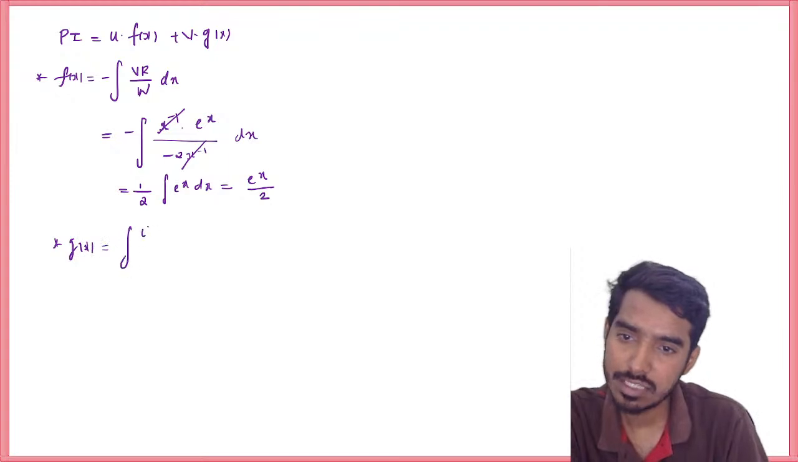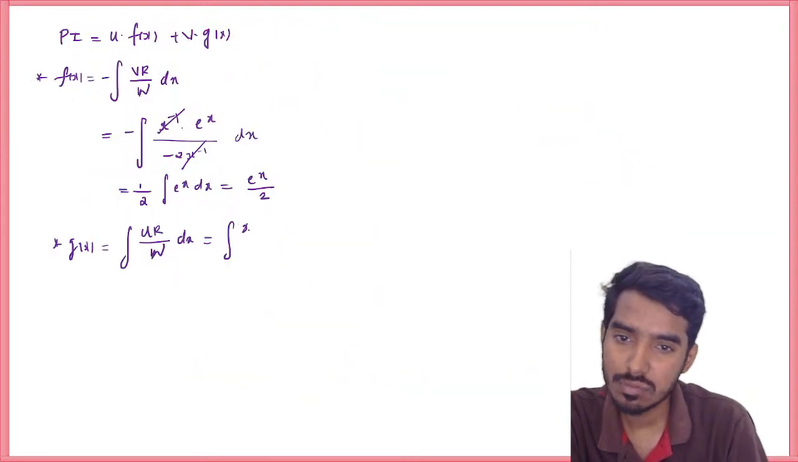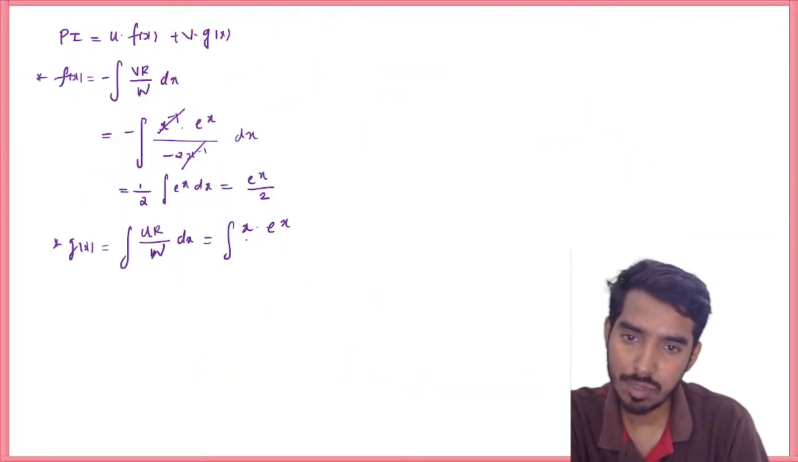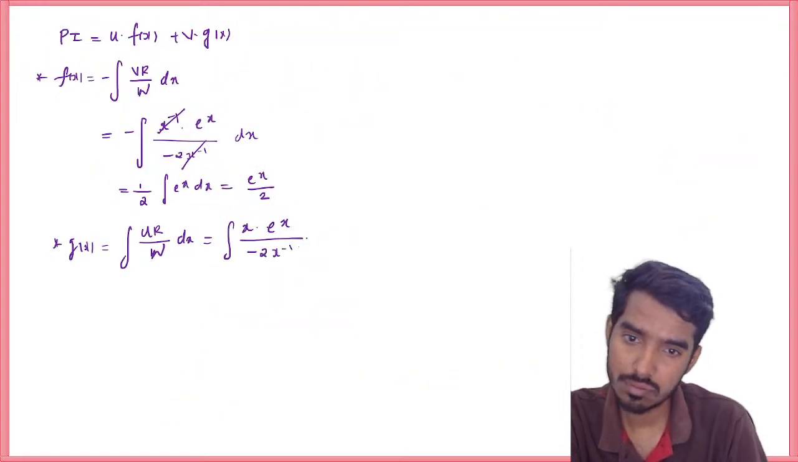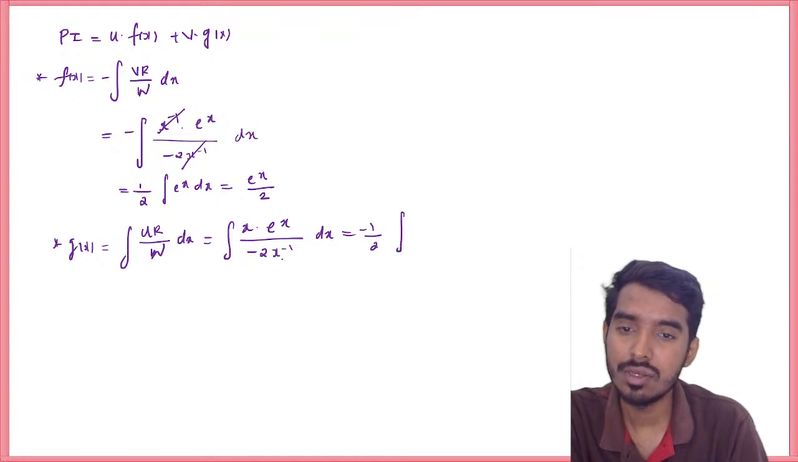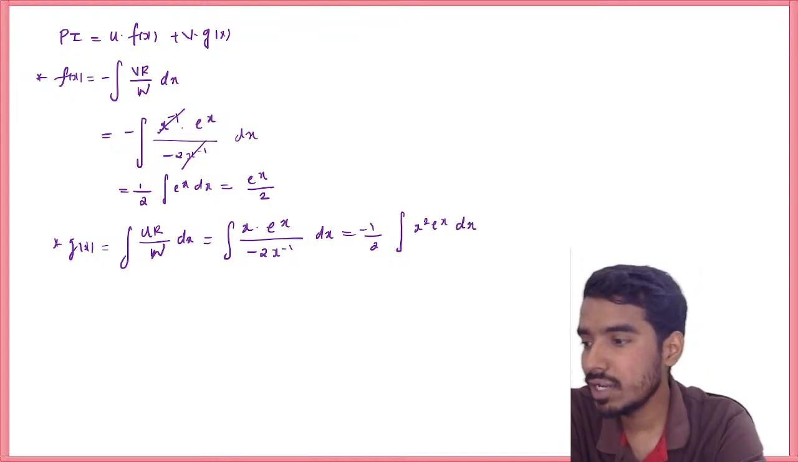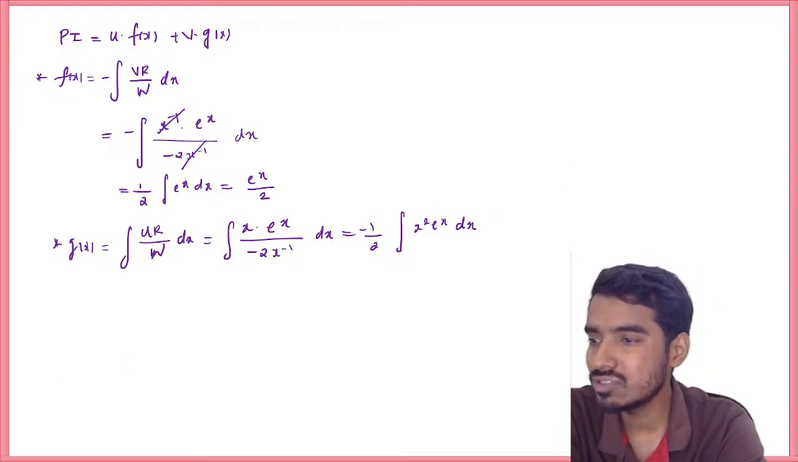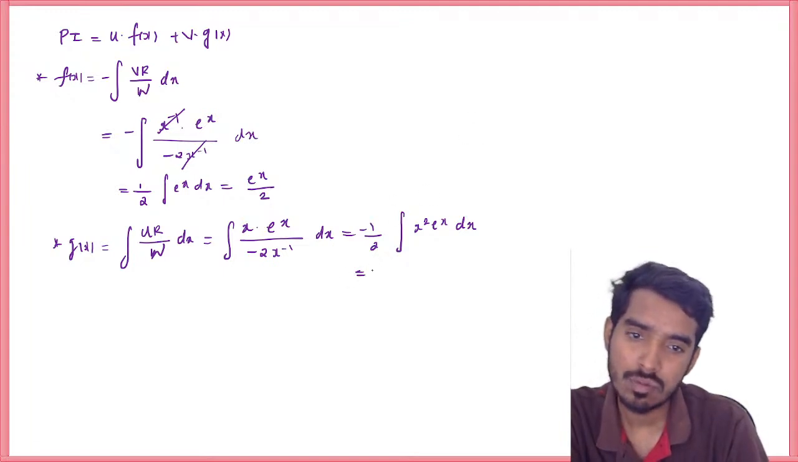g of x is integration of u r by w dx. Integration of 2 is x, r is e power x divided by w, which is x power minus 1. This will be minus 1 by 2 integration of, take this 1 by x to the numerator, we will have e power x dx, right? Integration of x square e power x dx. So again, very simple. You can make use of Bernoulli's formula. Minus integration of